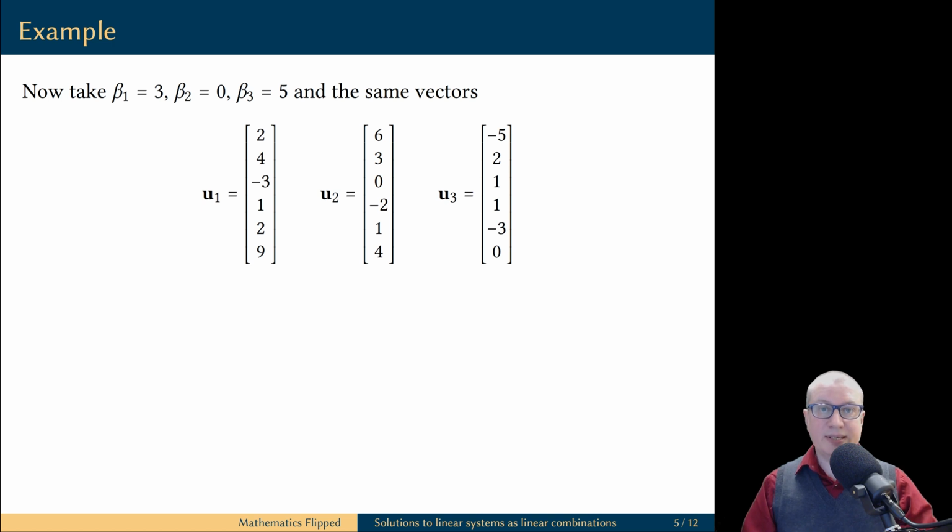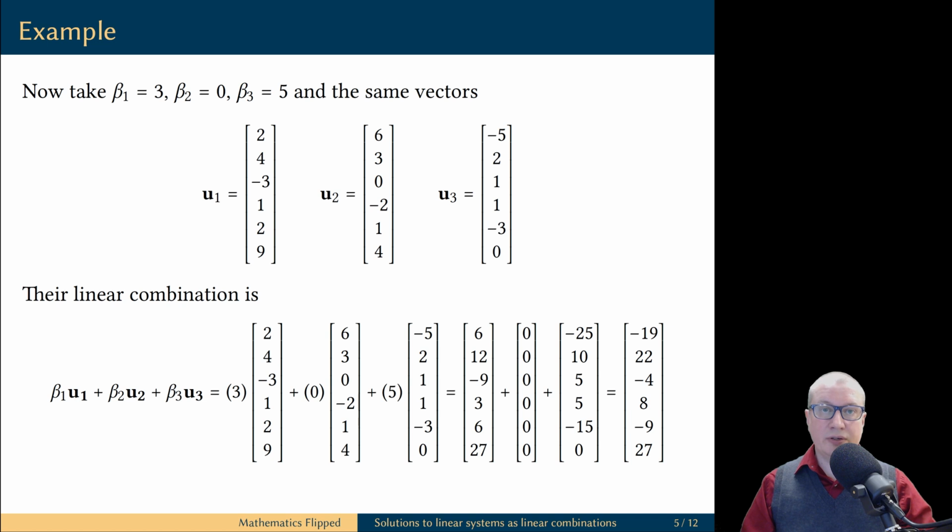Now, let's keep the same vectors but change the scalars. This results in a new linear combination, which produces a different vector. Now you see that, for example, you can keep the same set of vectors, but you can change the scalars you use to produce linear combinations, and by doing this you can compute a lot of different linear combinations.